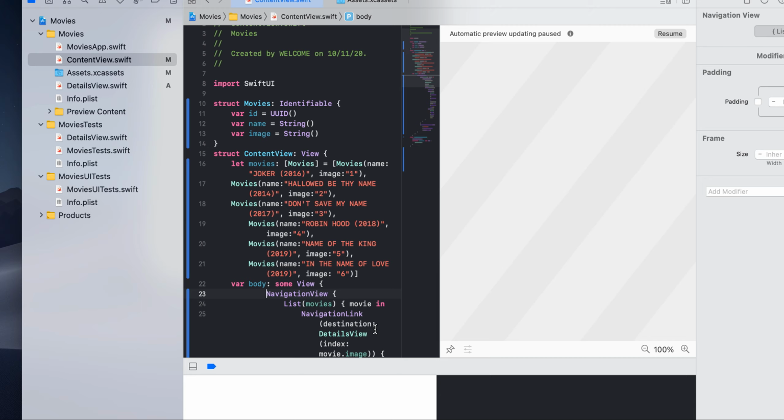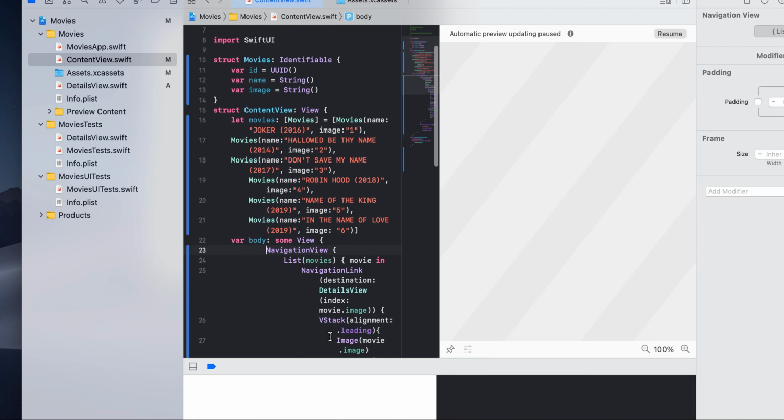The source is going to be the master view, the ContentView, whereas the destination is going to be the DetailView. Okay, so destination: DetailView.